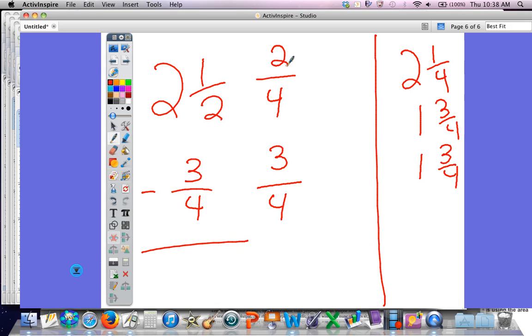When I go to subtract though, 2 minus 3 is actually what? Negative 1. And if I bring my 2 down, I have 2, negative 1 over 4. That doesn't even look like any number we've seen before. So if you're struggling with these, what I would like you to do is, who remembers